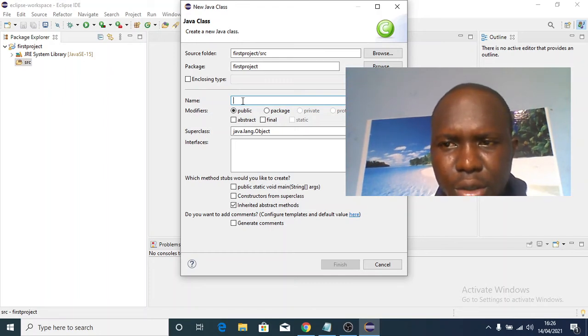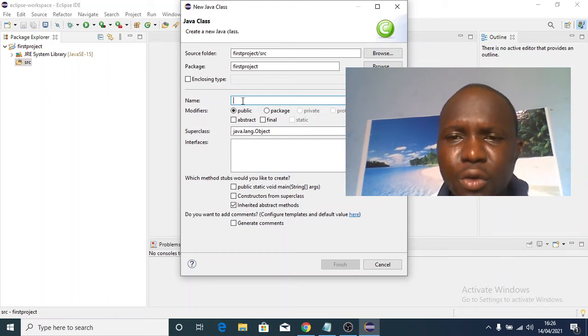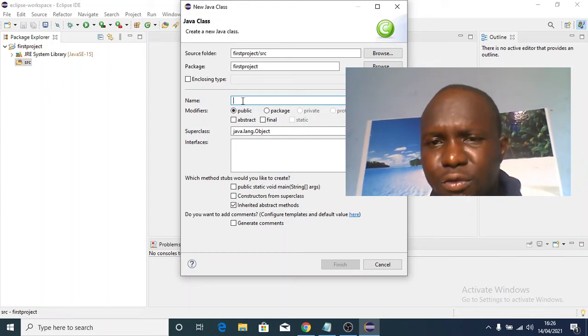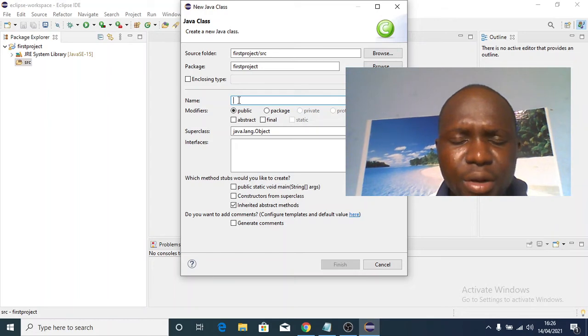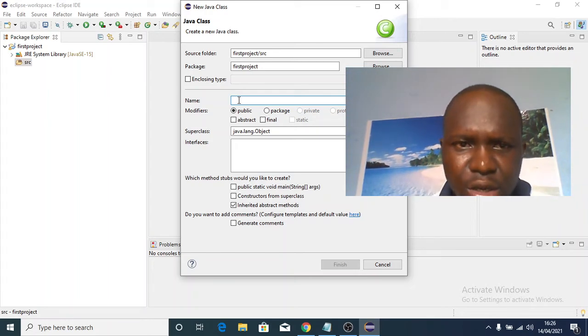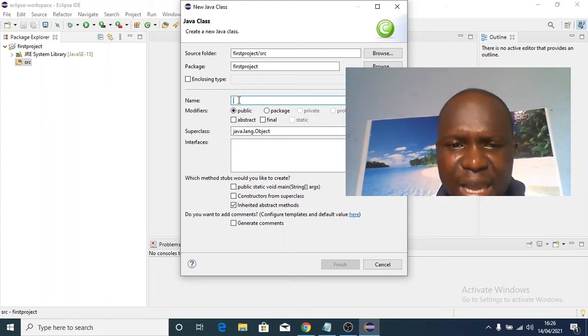I have explained that a class is a template that dictates what an object should do and should not do. So in order for you to create an object, you have to create a class first. That is why we click on Java class. Any programming that you are going to do in Java has to start with a class. That is why the IDE has provided